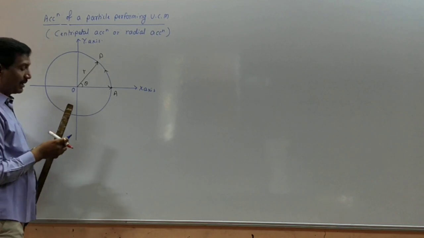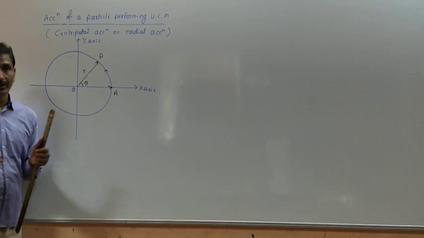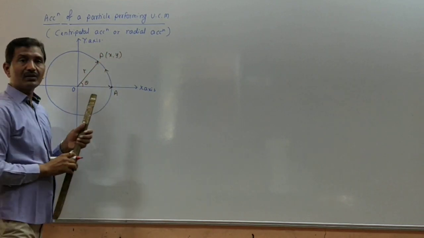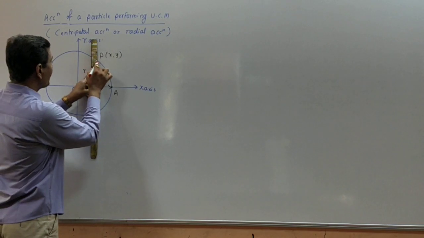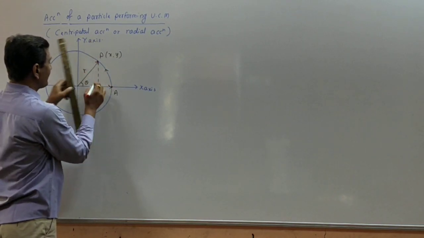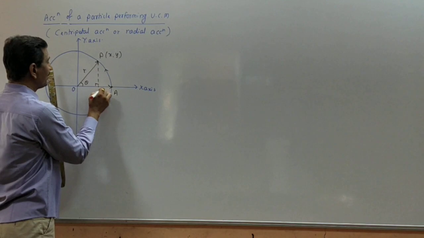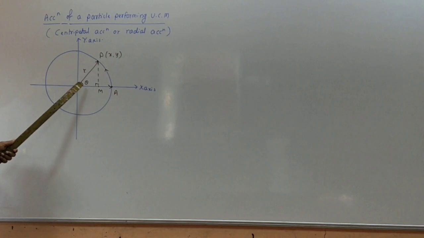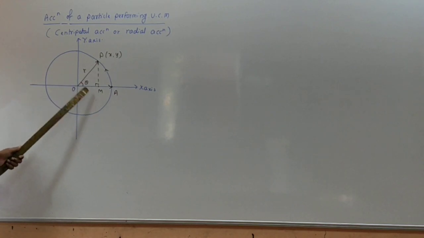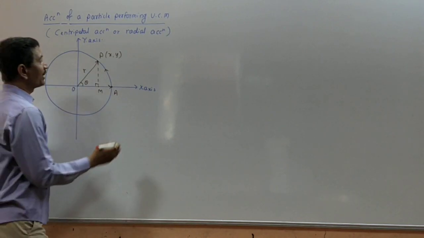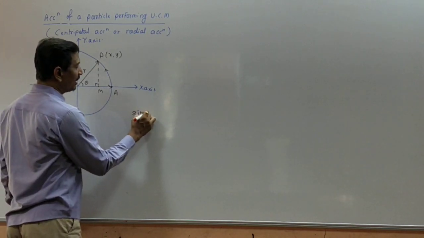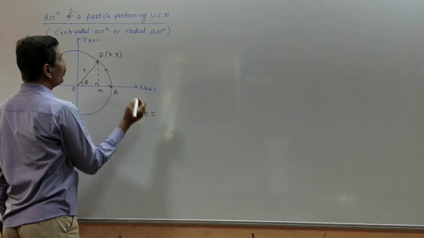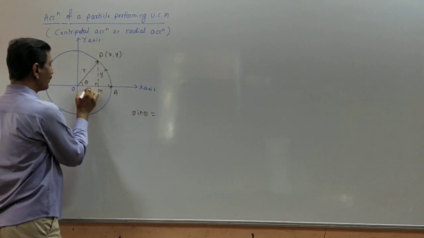As we apply the two-dimensional Cartesian coordinate system here, x and y are the x coordinate and y coordinate of the point P. Draw the perpendicular from P on the x-axis. We get a right angle triangle here. So apply the definition of sin theta and cos theta for this right angle triangle POM. We get sin theta is equal to PM upon OP. So PM is y and OM is what? X coordinate.